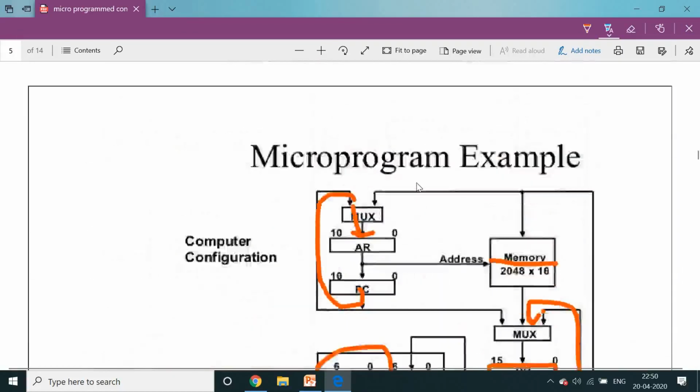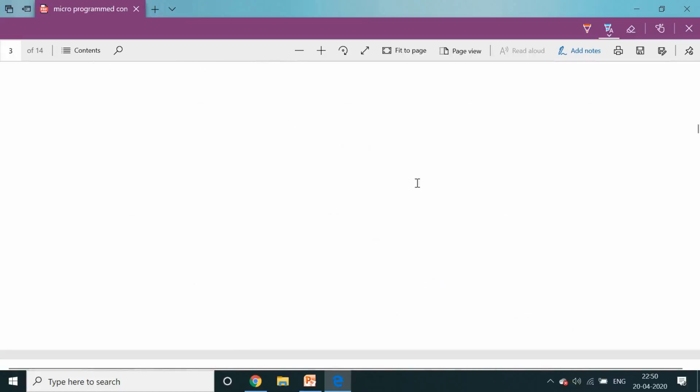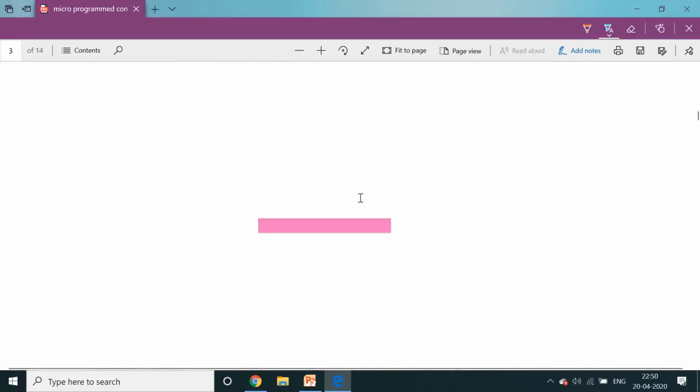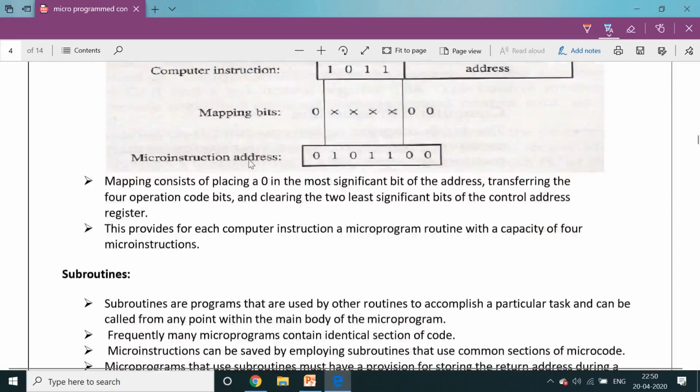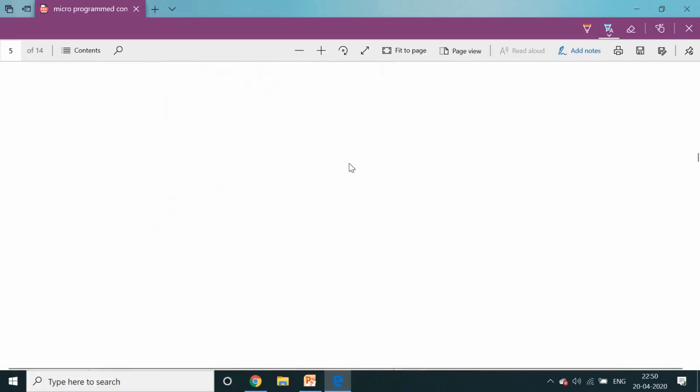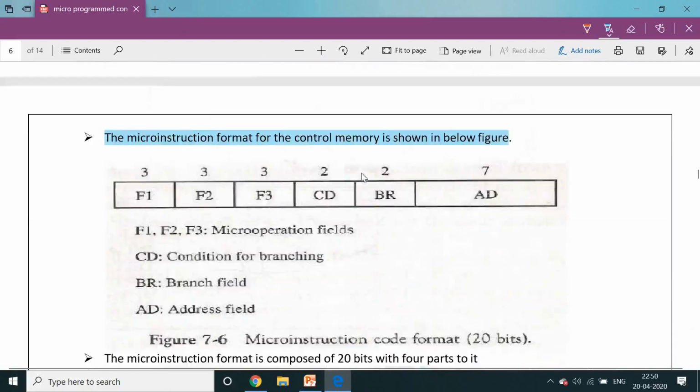Because every time we are generating from the mapping, the micro instruction address is a 7-bit code. So address is 7 bits, 7 plus 2 is 9, 9 plus 2 is 11, 11 plus 9, total 20-bit format. This is the 20-bit format, a very important point.